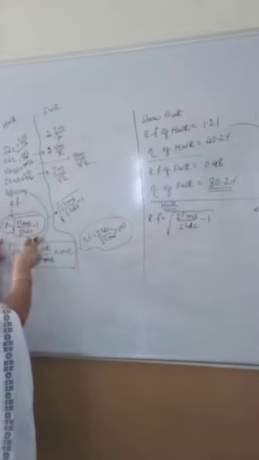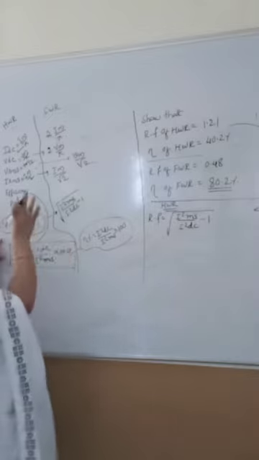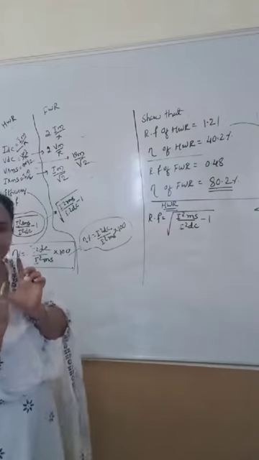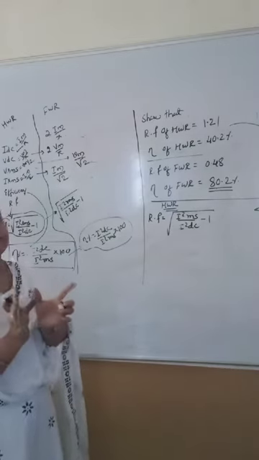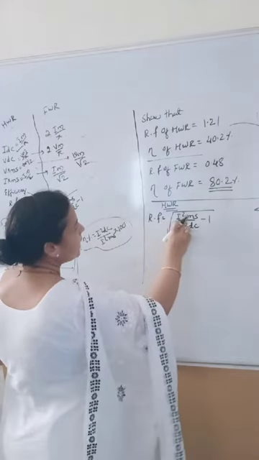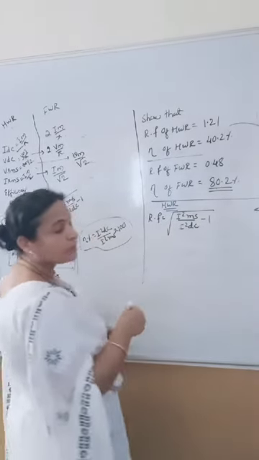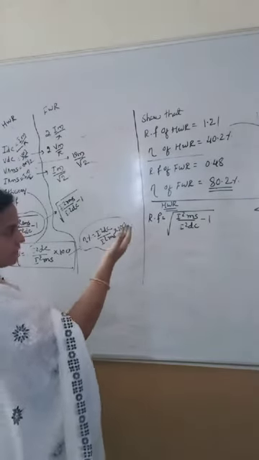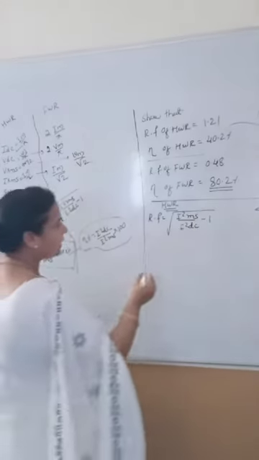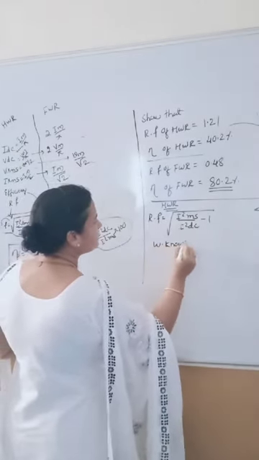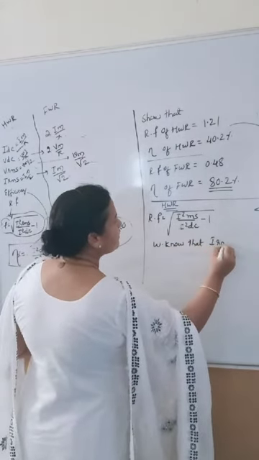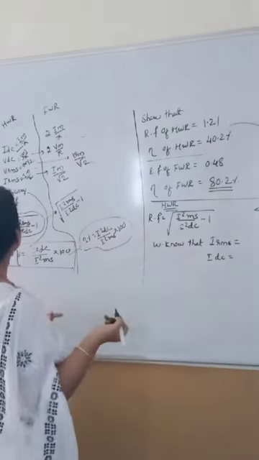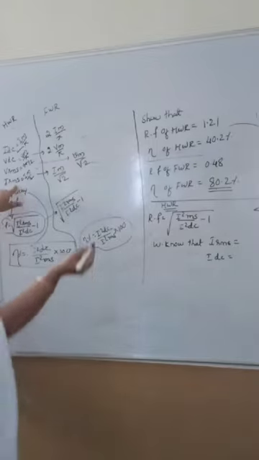You should derive this equation when there is a question: derive the equation for ripple factor of a half wave rectifier or full wave rectifier. You should do all those procedures. When the question is asked, show that its value is so much, then directly take the equation which you already have with you. So ripple factor is equal to the square root of I square RMS divided by I square DC minus 1. Now what next? You know the values. IRMS is how much for a half wave rectifier, IDC is how much, you know.